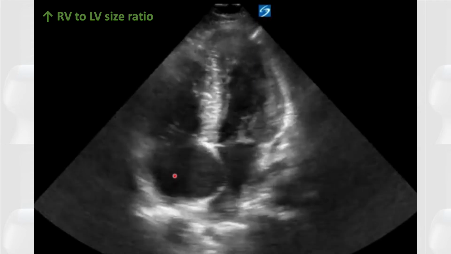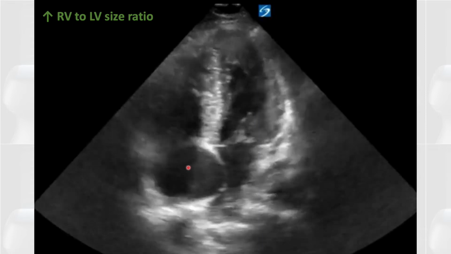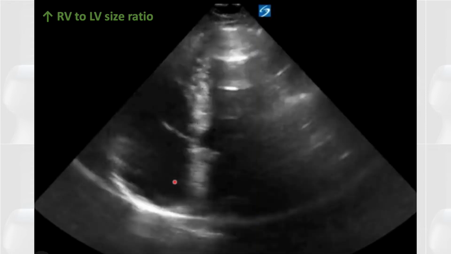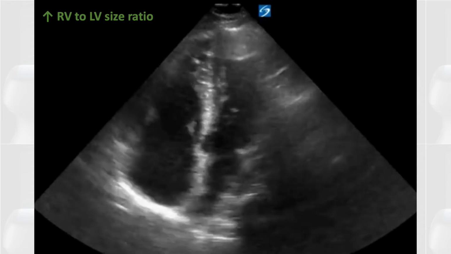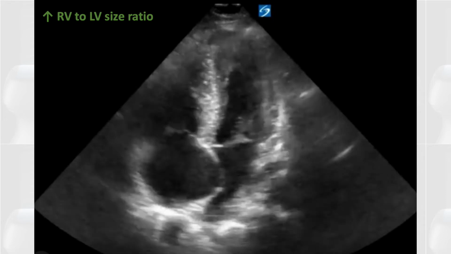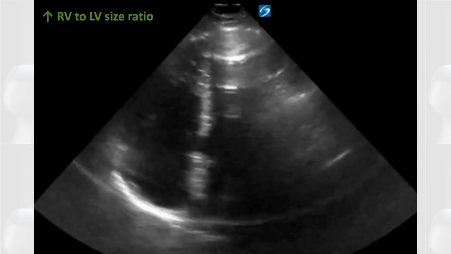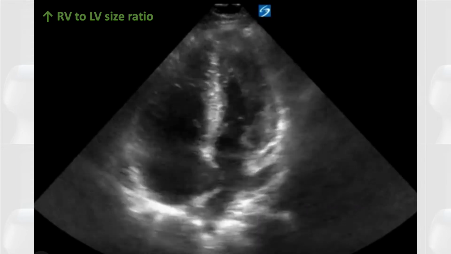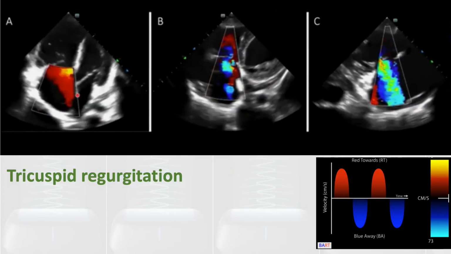You see, especially the right atrium, I think it's clear that the intra-atrial septum is bulging from the right atrium into the left atrium. So in an acute setting, acute pain, shortness of breath, especially if the patient had a normal heart before, this could clearly indicate a new onset pulmonary embolism. And then using the Doppler